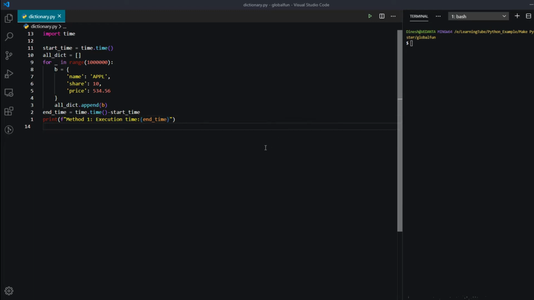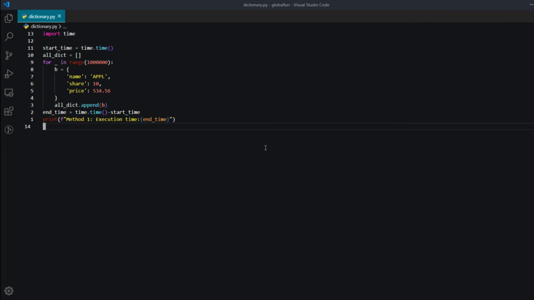Let's see how much time it takes. Okay, it has taken 0.41 seconds. Let me add one more zero there, so I can see a significant amount of execution time. So this is one way of initializing a dictionary.